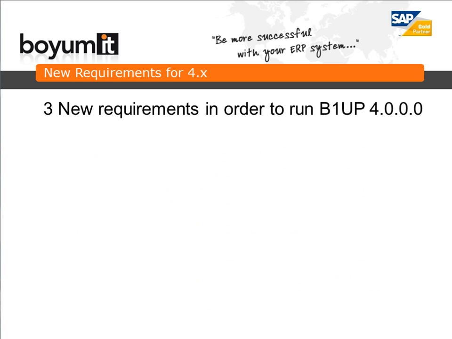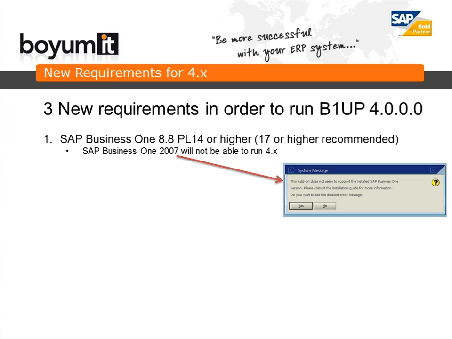Before we actually look at the new features, let's quickly have a look at the requirements, that is, in order to run 4.0. The requirements are documented in the install guide, but I will highlight three important requirements here compared to 3.0. The first one is that we require 8.8 or 8.81 in order to run B1UP 4.0. This means that 2007 installations will not be able to run 4.0,